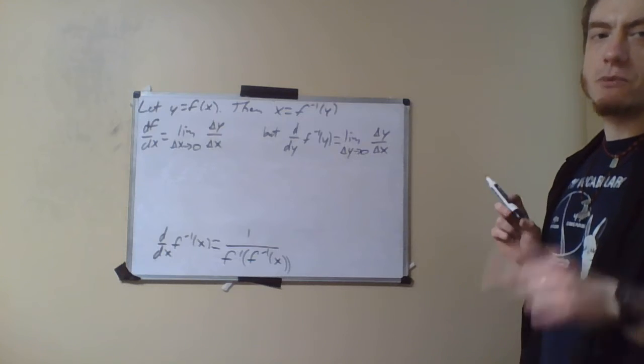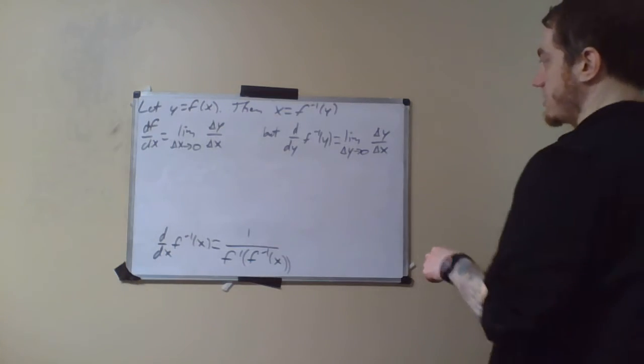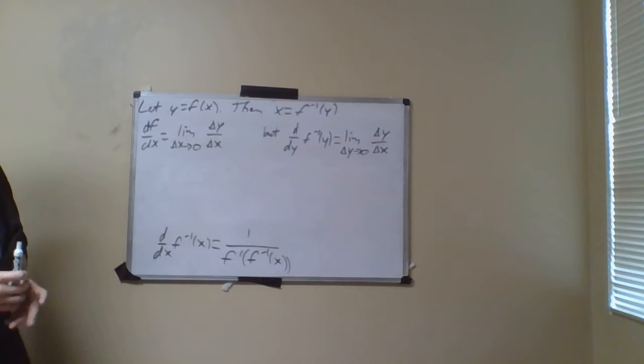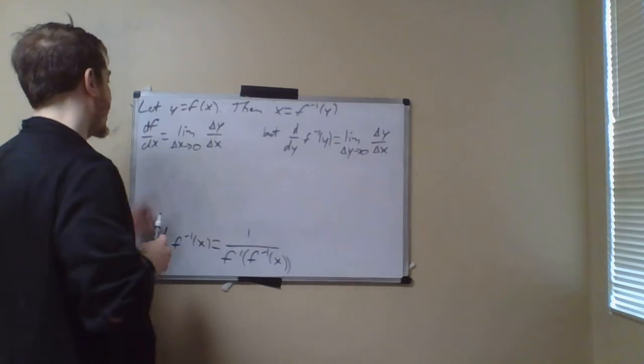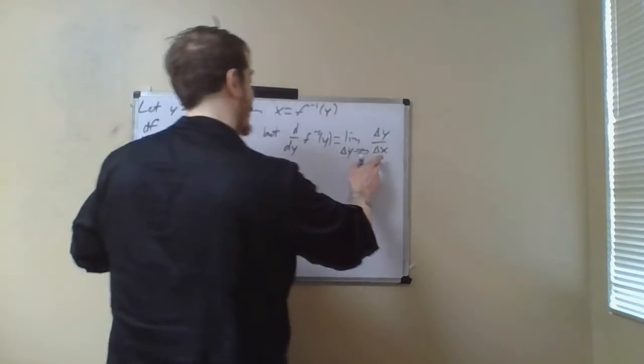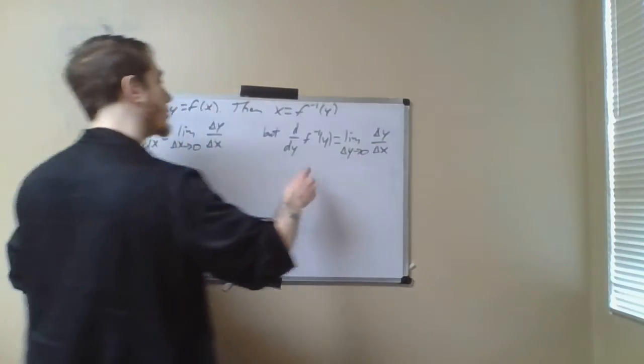If that were 0, then we have some complications, because then maybe you don't actually have any changes in y at all. But as long as this derivative is non-zero, then this is actually just equal to